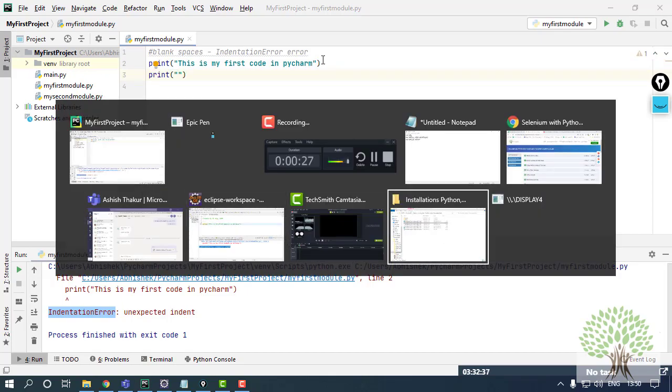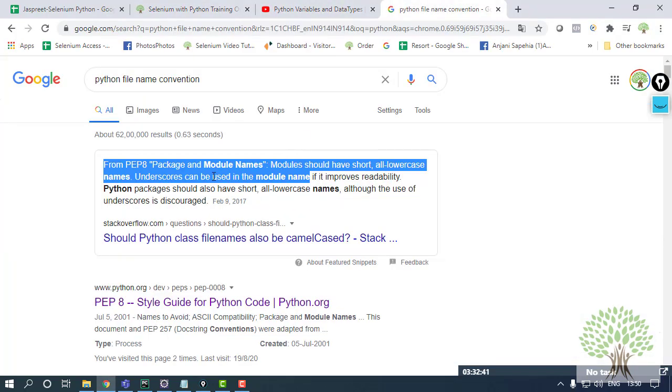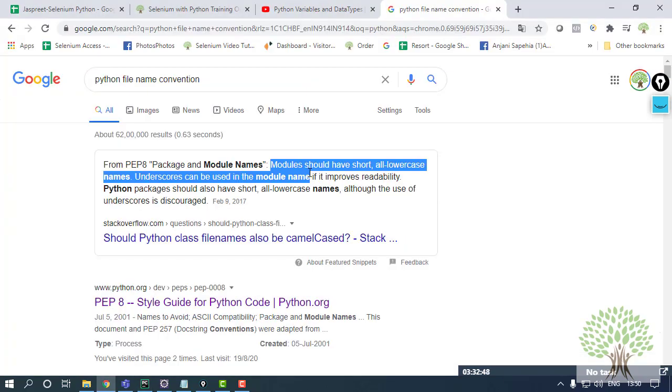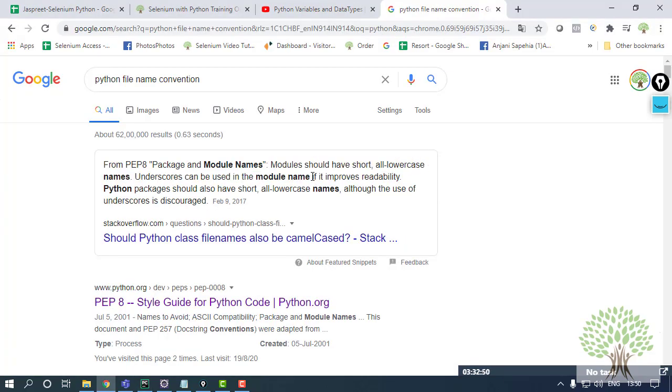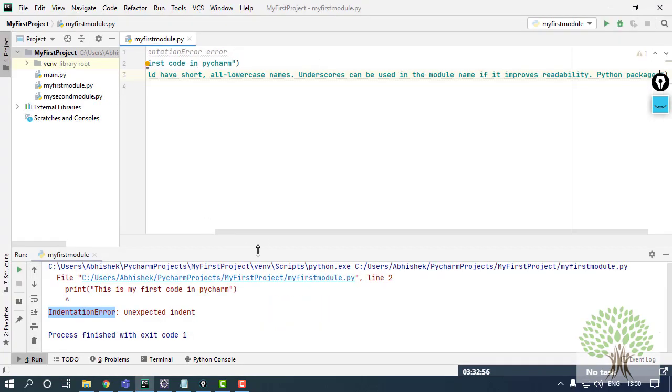Let's say I'll get a statement from Google itself. Let's say I have this statement. Okay, it's quite small. Let me just have it till Python packages.